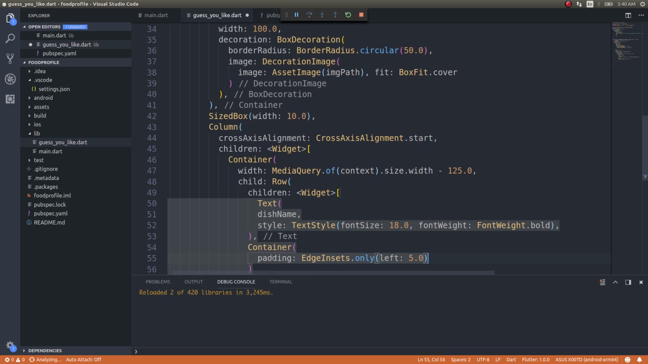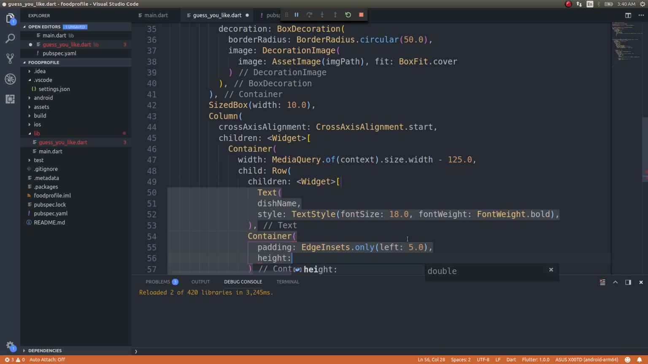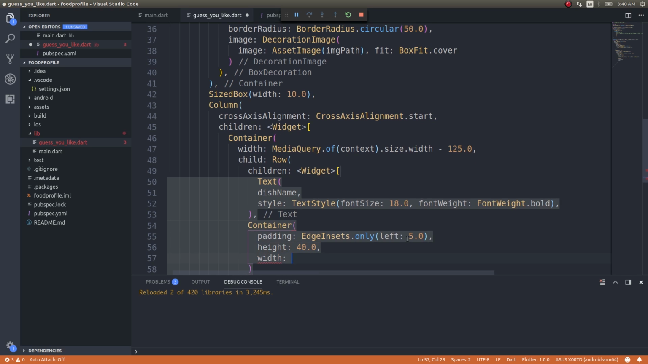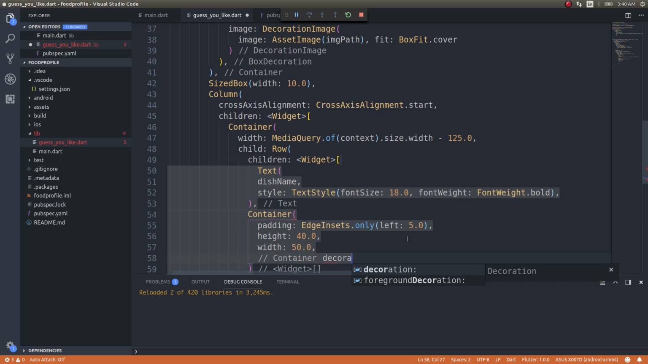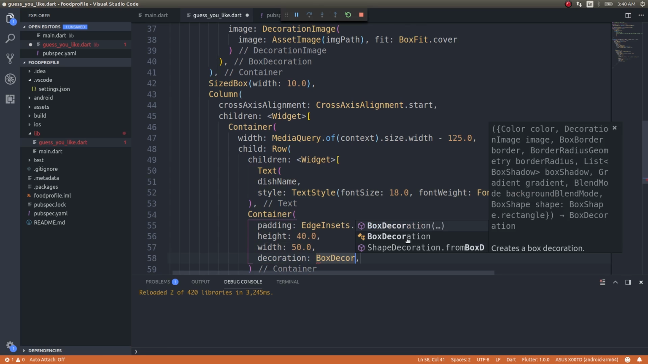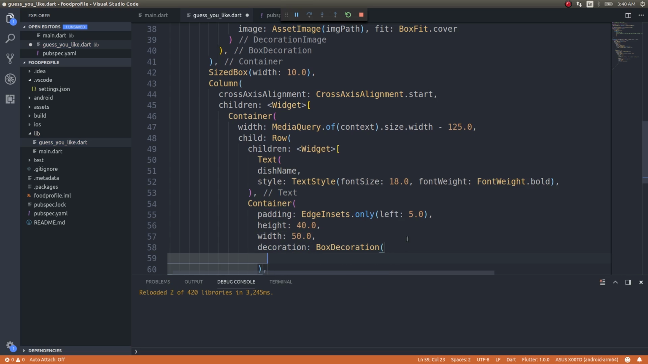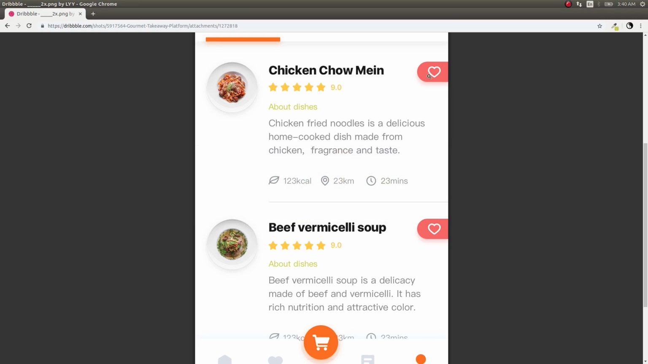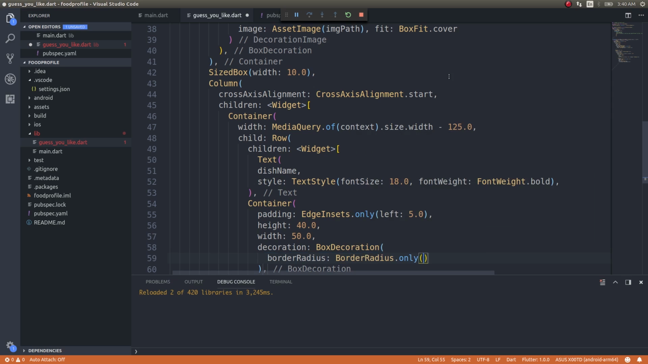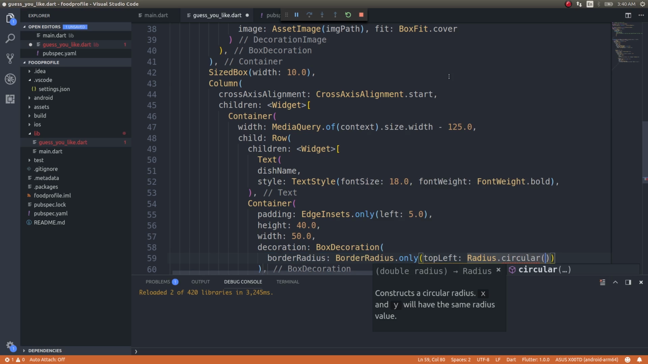If you specify padding inside the container, it will apply this padding to the content of that container, to the child of that container. Okay, yeah, that's it. So after that, height would be some 40 and width would be some 50 maybe, and decoration, BoxDecoration, borderRadius. Here it will be somewhat peculiar since we need only this edge to be rounded, right? BorderRadius.only, topLeft: Radius.circular, some 20.0, and